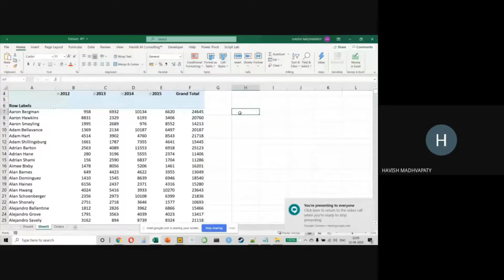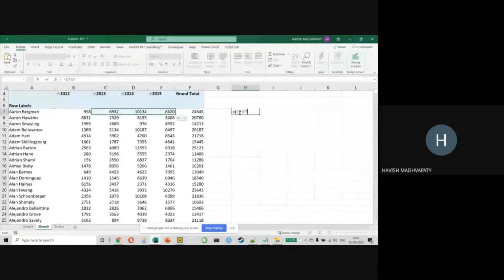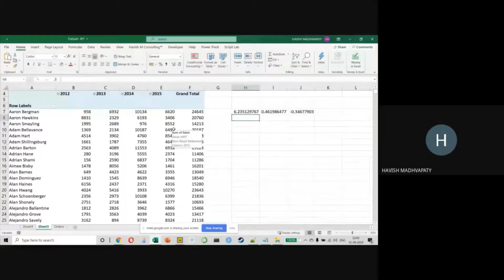Please watch. Equal to, I'm going to select 3 cells at the same time, all right? Minus the 3 adjoining cells. So 13, 14, 15 will be the current values, and what are you subtracting? 12, 13, 14, right? So the previous year. And then what are you dividing it by? You're dividing it by, obviously, the previous year, like this. So I basically reduced multiple calculations into a single calculation. And what will be the result? 3 numbers, right? Let me convert this into a percentage.